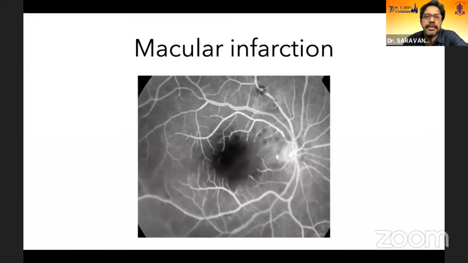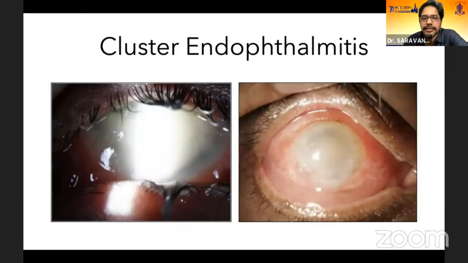Dexamethasone can be added if you are happy with the recovery process, to counter the intraocular inflammation apart from the infection itself. This is a case of a macular infarction following an intravitreal amikacin injection. This is one of the complications. So amikacin is not the first choice, but it can be used for cluster infection where ceftazidime may be resistant, and it is also one of the choices for Nocardia. Both vancomycin and amikacin have very good effect against Nocardia, but it's the second choice, not the first, because of this complication. So when you're dealing with cluster infection, again, the first choice is not always ceftazidime because